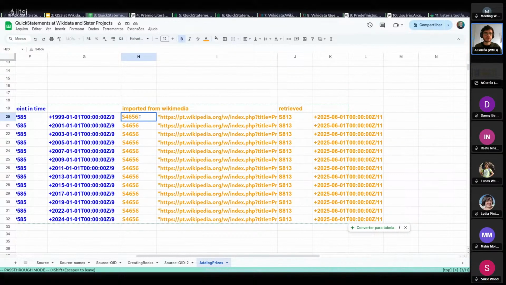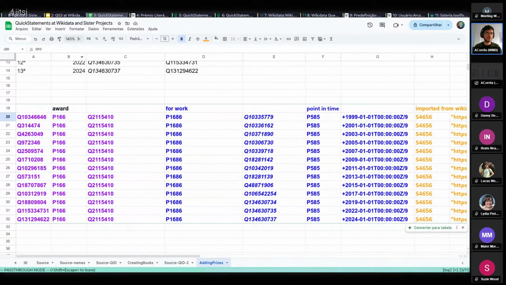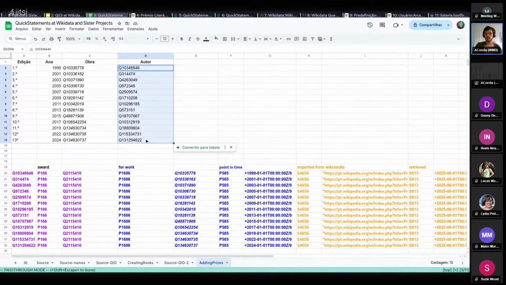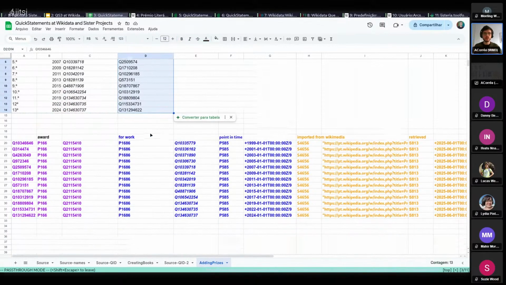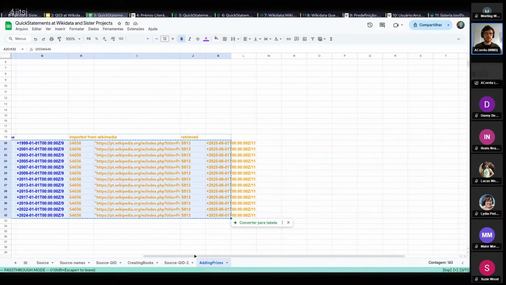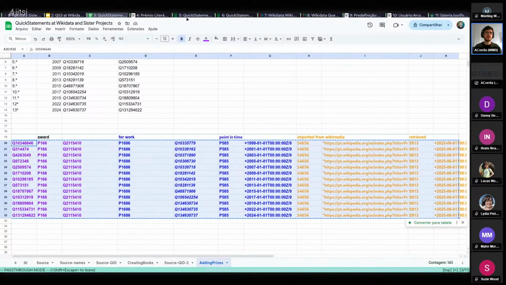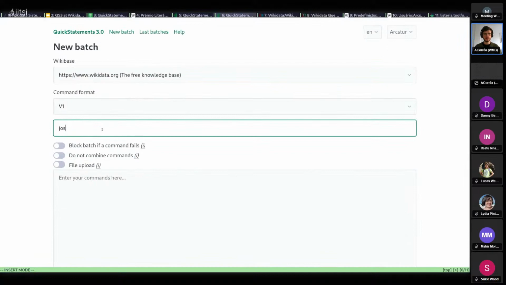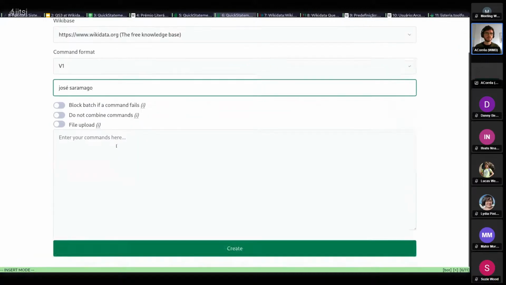This one is imported from a Wikimedia URL, and this is the retrieved date, which is today. And then after you organize that, how you do that is you just copy this and put that in, maybe do some find and replace to make your spreadsheet better. And then you just copy all of these and use QuickStatements, new batch, just Saramago, and